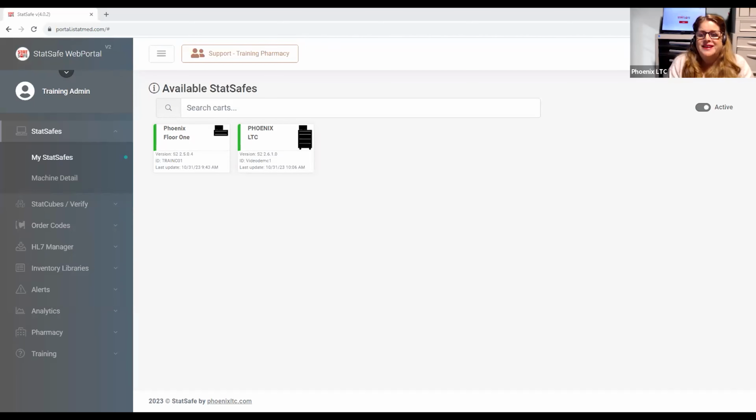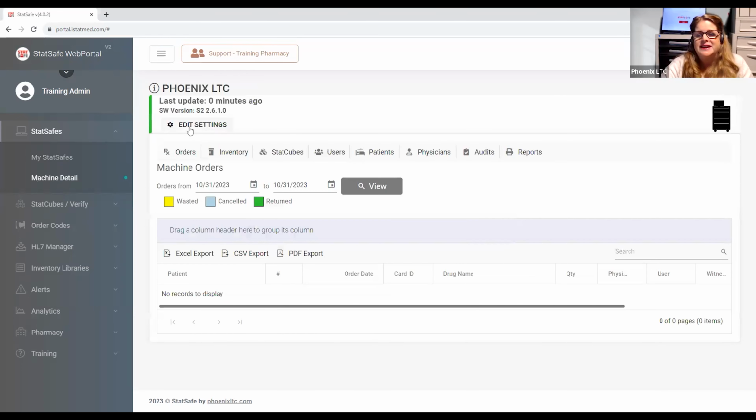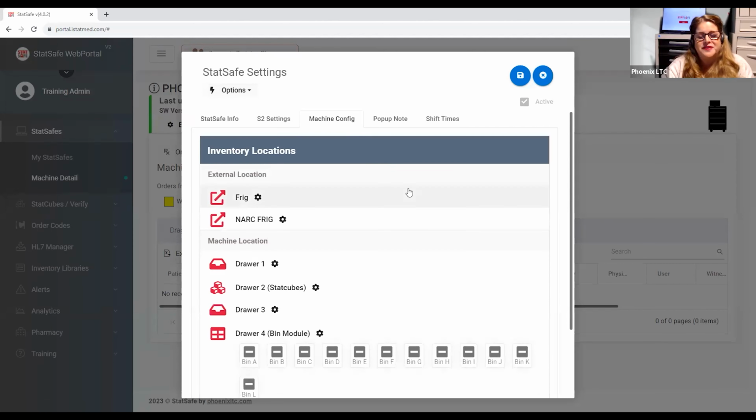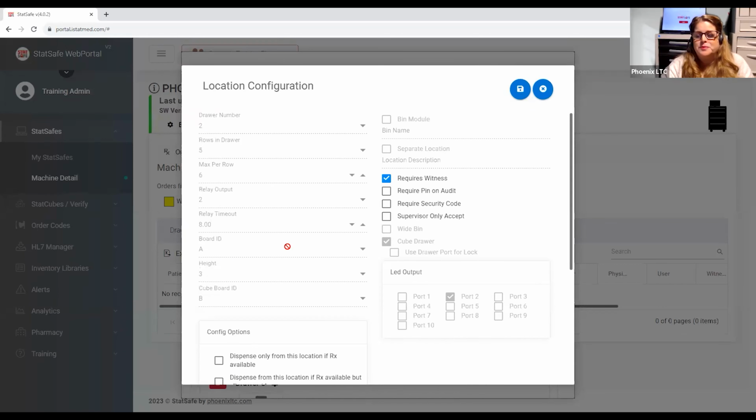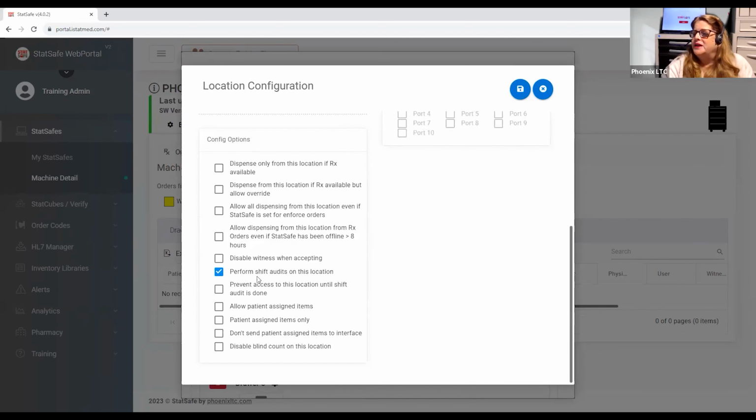So when you select your StatSafe, we're going to choose the Edit Settings feature. Under Edit Settings, we're going to go to Machine Config, and you can select your StatCube locations that you would like to perform these end of shift audits on. So you're going to see the checkbox for Perform Shift Audits on this location. After you choose this, you will see Prevent Access from this location until the shift audit is done. This optional feature says that they cannot dispense any more medications from that particular StatCube until it has been audited